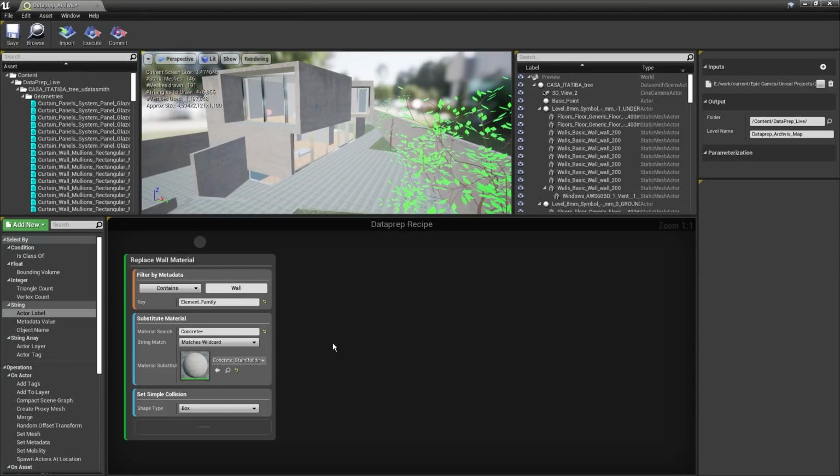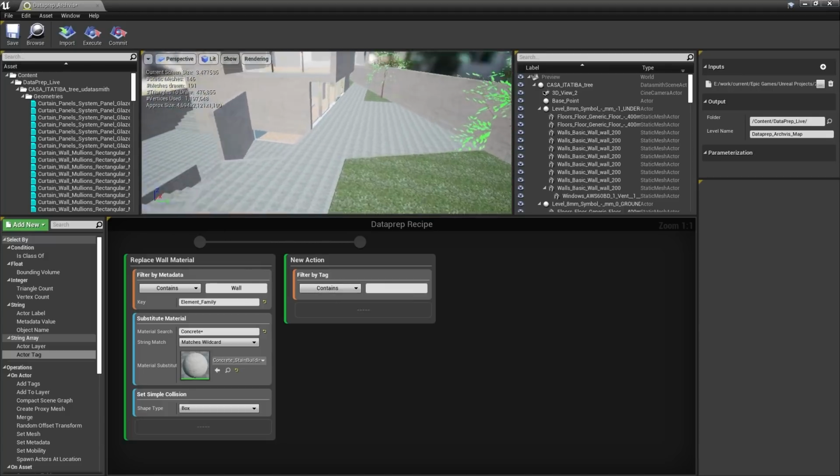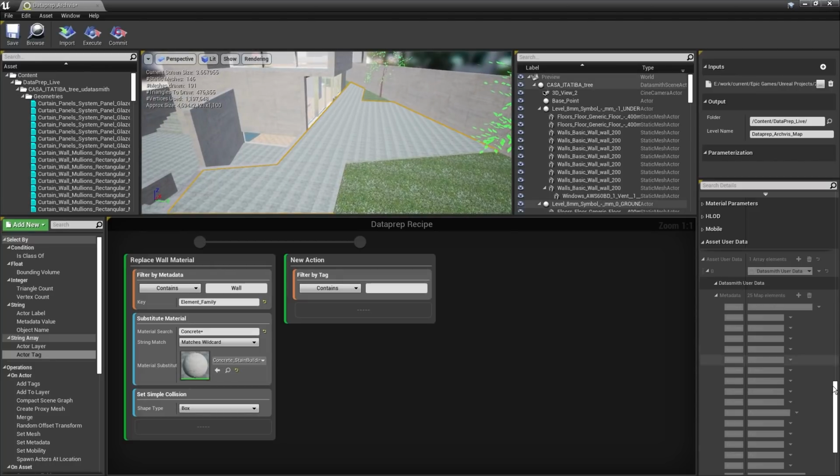Another way to select objects, again, is by tags. So let's go ahead and drag a new selection filter here. We're going to be selecting actor tags. We'll drag that over to the right this time, and you can see that the circle lights up yellow, letting you know you're on a new step. So we're going to be filtering by a specific tag that came over from Revit, and that's the tag that is currently set on the floor. So if we select the floor,